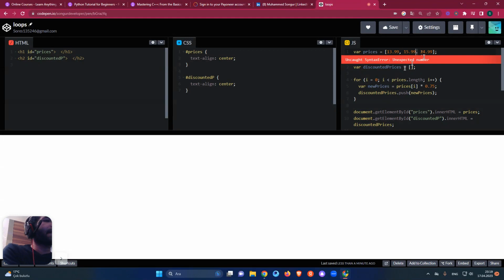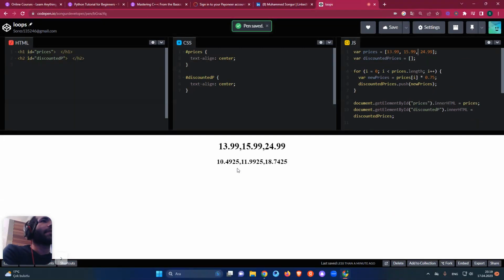That's the crazy dot here. Just delete it and put a comma there. All right, that's the result. It was 1099 and 1599 and so on. So now the price has just decreased. By the way, it looks like little floating numbers there, but you can think of it like 10,